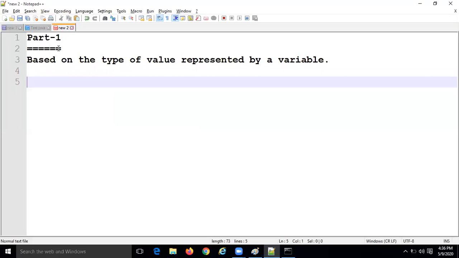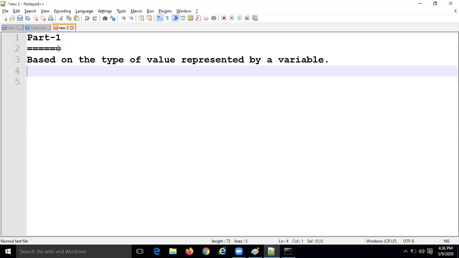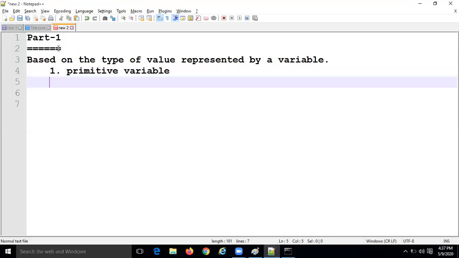Now there are different types, two types: the primitive variable and the reference variable. The first one is the primitive variables. The second one is what? Reference variables.